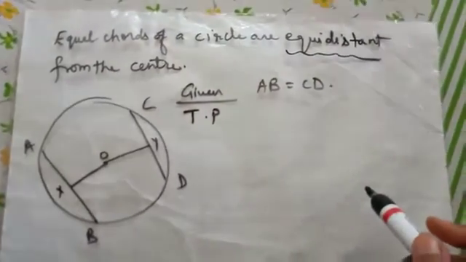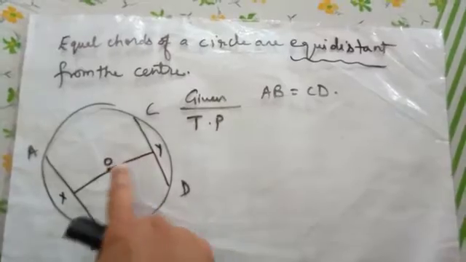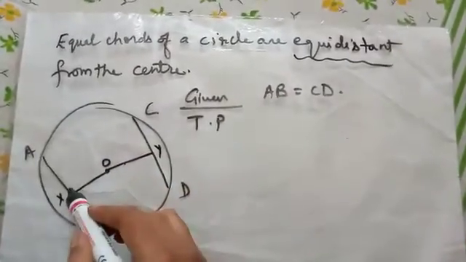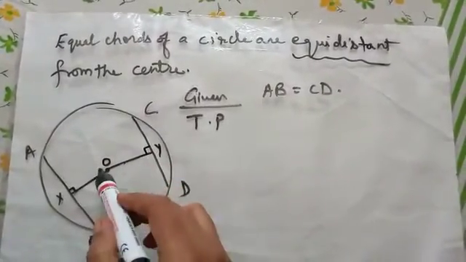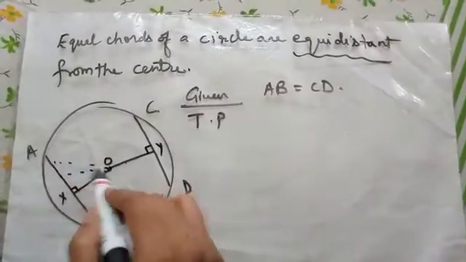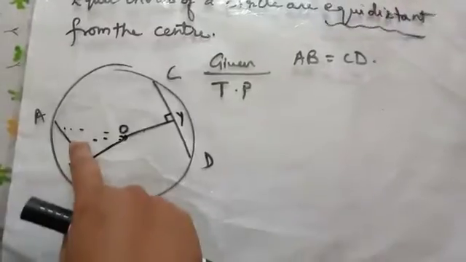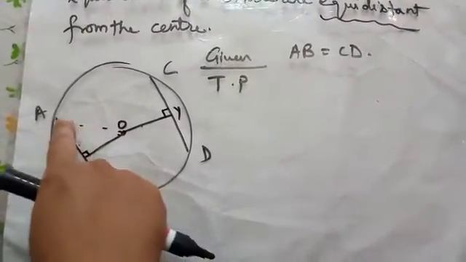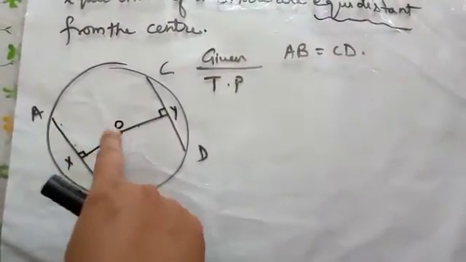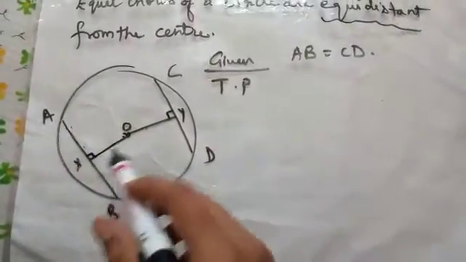Now what do you mean by equidistant from the center? सेंटर से उनका डिस्टेंस इक्वल है. Now what is actually distance? डिस्टेंस का मतलब होता है द परपेंडिकुलर डिस्टेंस. You may have any number of distances. अगर आप सोचेंगे कि यहाँ से तो मैं कहीं पे भी कोई भी डिस्टेंस बना सकते हैं, but you cannot make any distance. The distance is a line which is there from the point to the given line and it is perpendicular to it. So distance is always perpendicular.